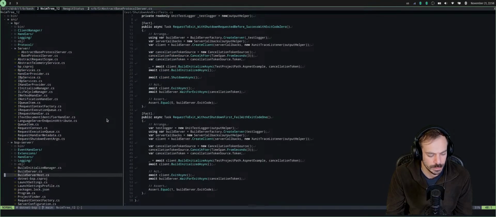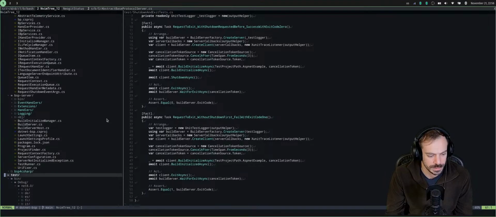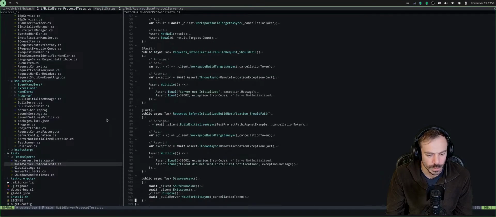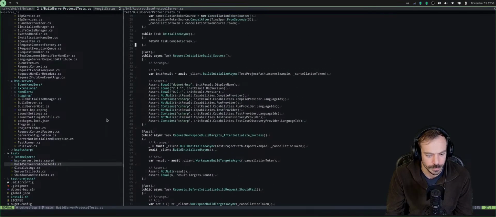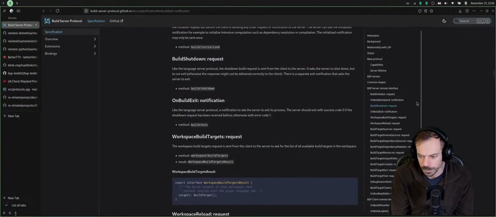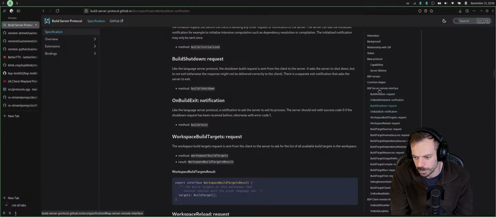So now that we have those tests, could actually move on with the tests for different remote interfaces here or endpoints here.